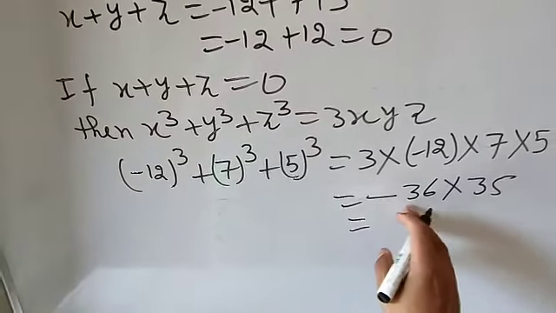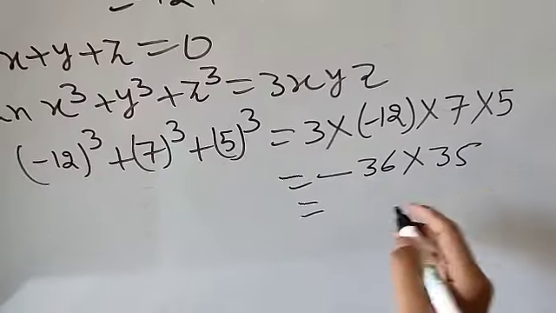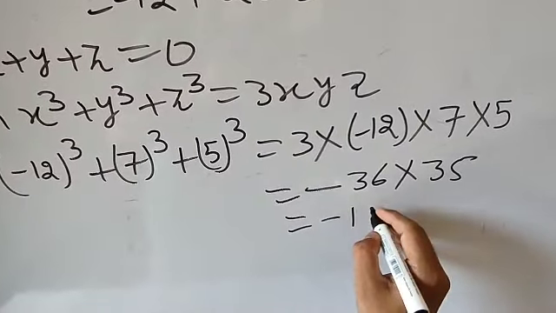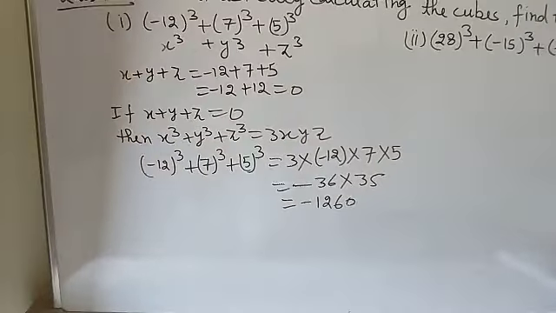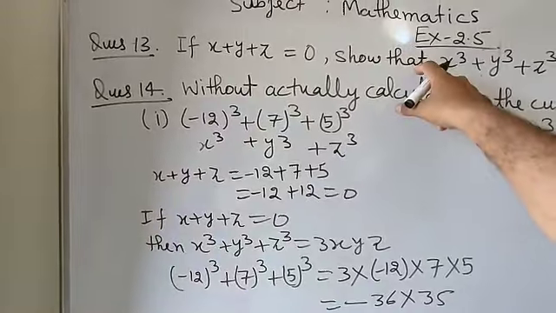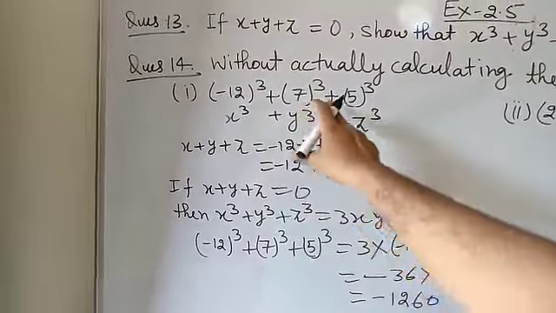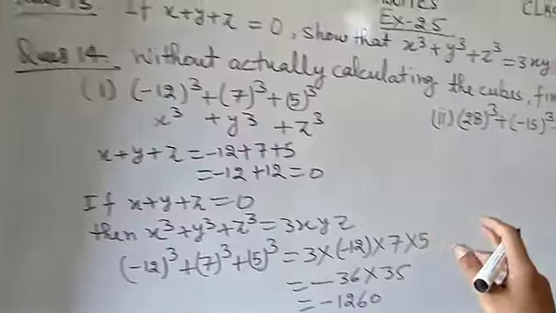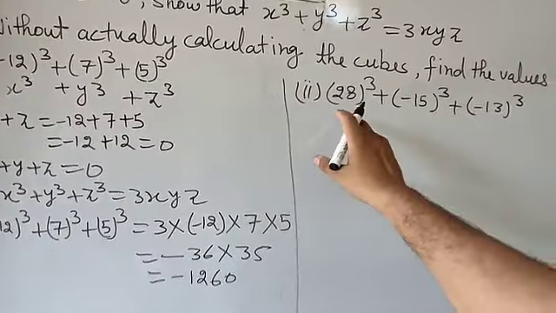Now you need to multiply 36 into 35. If you multiply, after multiplication you will get minus 1260. So here I had used the identity given in question number 13 to find the sum of the cubes of these three numbers. Again, if you are going to take the second part,